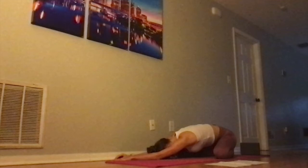Good, reaching up through the crown of the head, keeping the spine long as we come forward. With each exhale, stretching a little bit deeper into this pose. Good, we'll take one more deep breath here. And on the next inhale, we'll gently let ourselves come back up, taking our hands on the outside of our